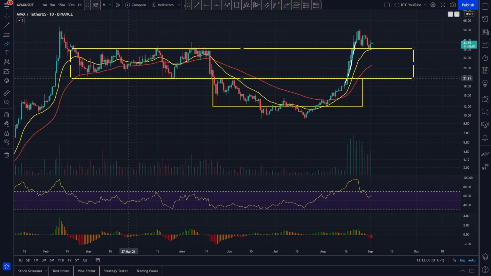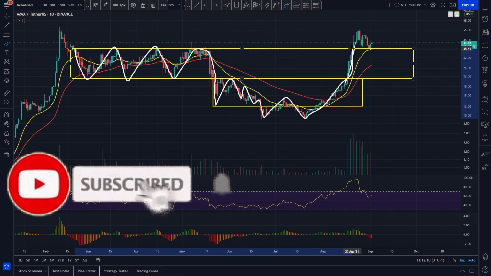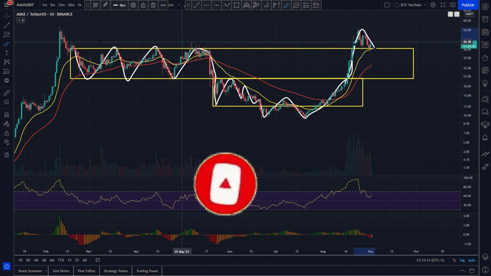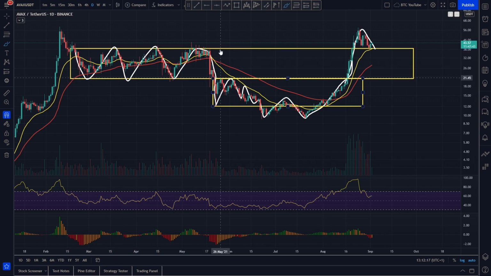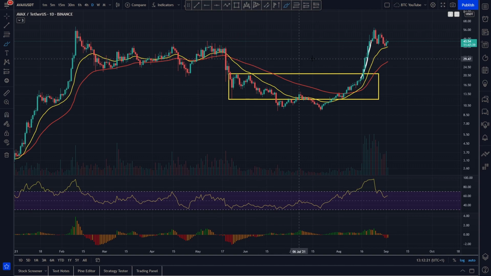You can see quite clearly how the levels are actually playing into account a lot here. Been trading up and down in between these levels for a while. We broke down below this level, formed another little range. Obviously, the double fake out to the downside, back up. We went straight through this range, all the way up to the all-time high. And now we're back testing this previous level at around $40 as support, along with the 20 moving average on our daily time frame, which is really bullish, isn't it?